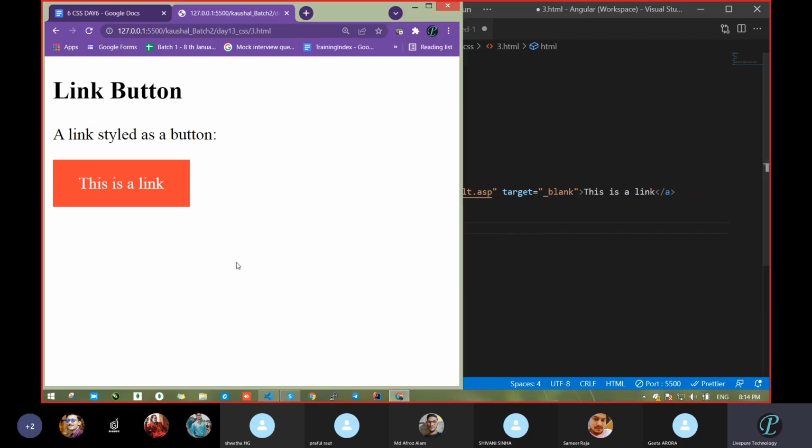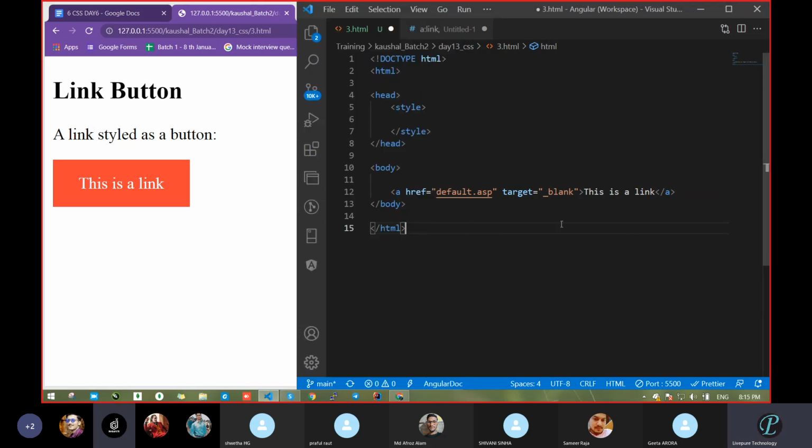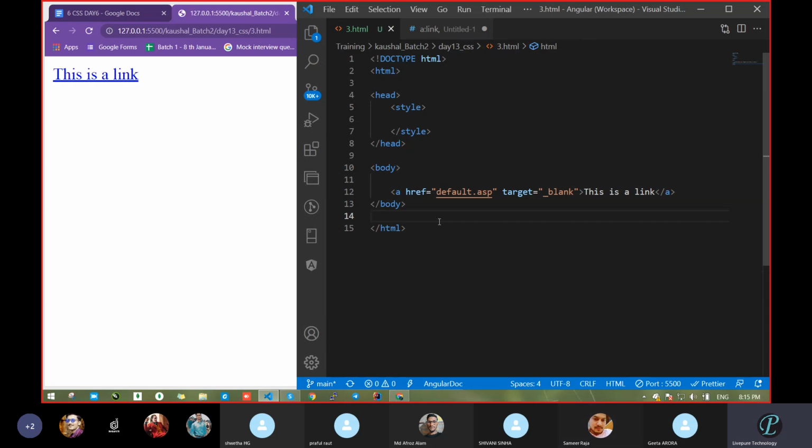Okay, what I want is to make our anchor tag look like a button or an anchor tag. It looks like a button, but actually this is an anchor tag. So I want the same thing with the help of CSS, but the code is not written here. Keep this UI in your mind, because you will not get this UI again. You have to make this UI yourself.